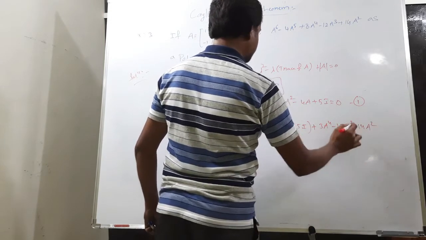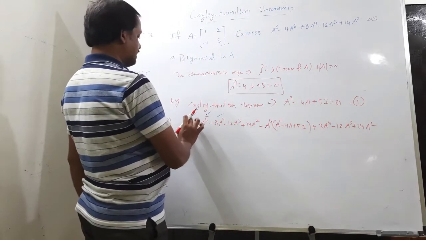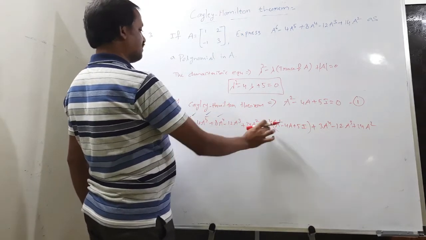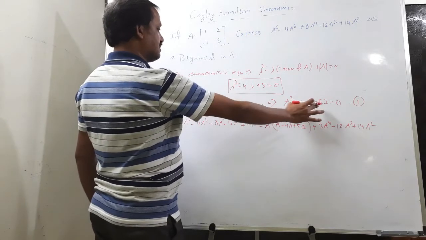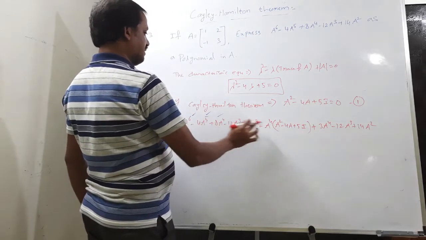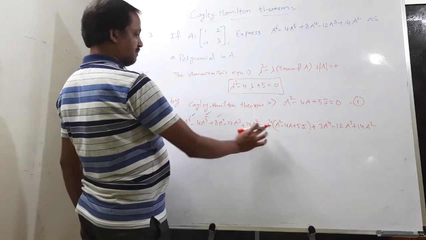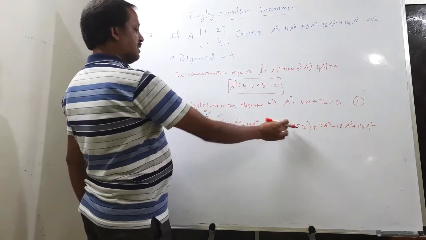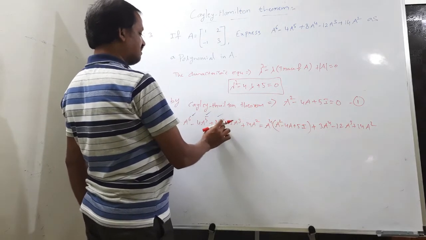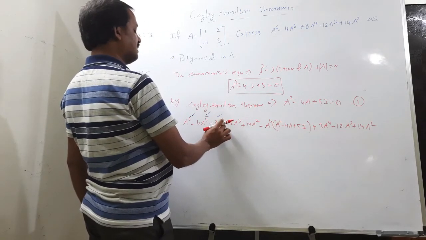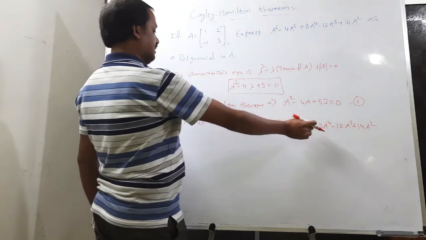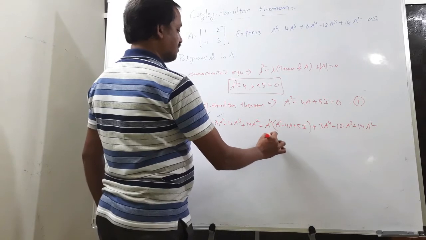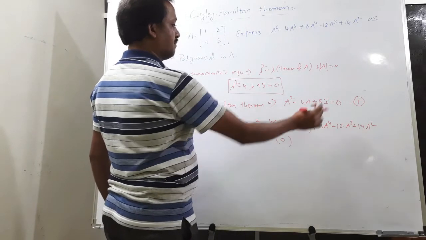So the shortcut is simply you can consider here A power 6. We have A square, so you can take A power 4 common, and the remaining write as it is, this quantity. Then you can verify everything is available or not. Here A power 6 available, minus 4A power 5 available, here 5A power 4, already we have 8A power 4, so the remaining 3 is additional, so you can write here 3A power 4, right? So A power 4 into this whole quantity is 0 from equation 1.